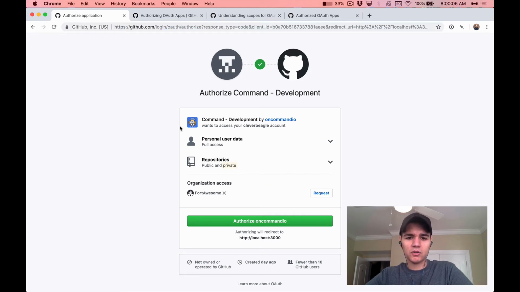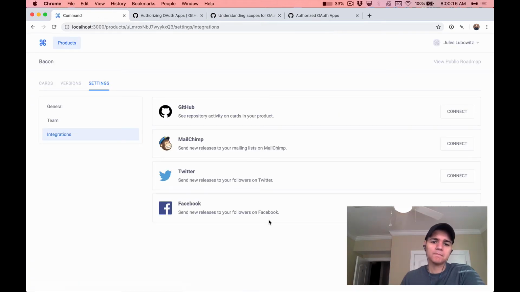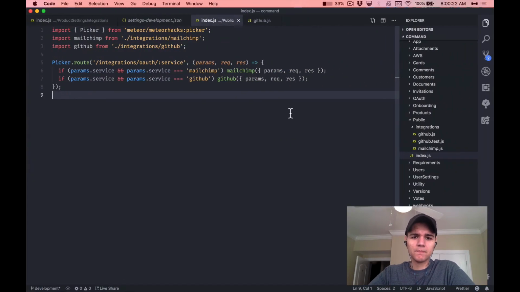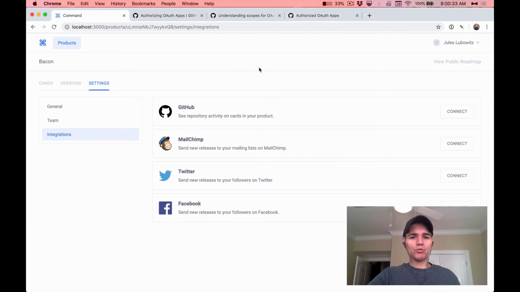So what I'm going to do, I'm trying to authorize the Clever Beagle GitHub account to say, yeah, Command can access that. So if I say authorize, we'll notice that I get redirected and eventually I end up back at this screen, which may seem a little confusing. The reason that happened is because there's a bunch of stuff happening behind the scenes on the server side of this. So even though we didn't really see any of it happening, keep in mind that that redirect URI